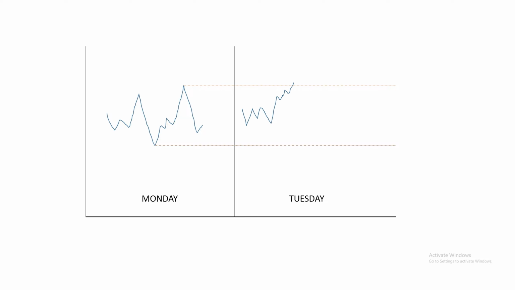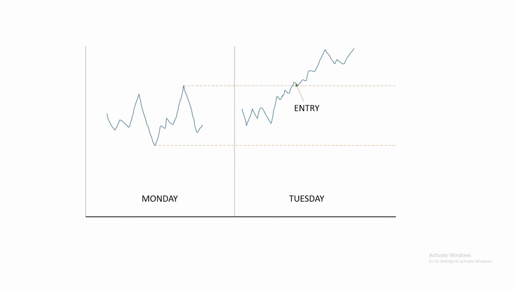So on Tuesday, this is how the market moves. After it breaks the previous day high line, you have to give entry at this point. After giving entry at this point, that is an upside entry, predicting that the market will go up, the market will go like this. So this is one of the best techniques that I use for an upside trade when the market breaks the previous day